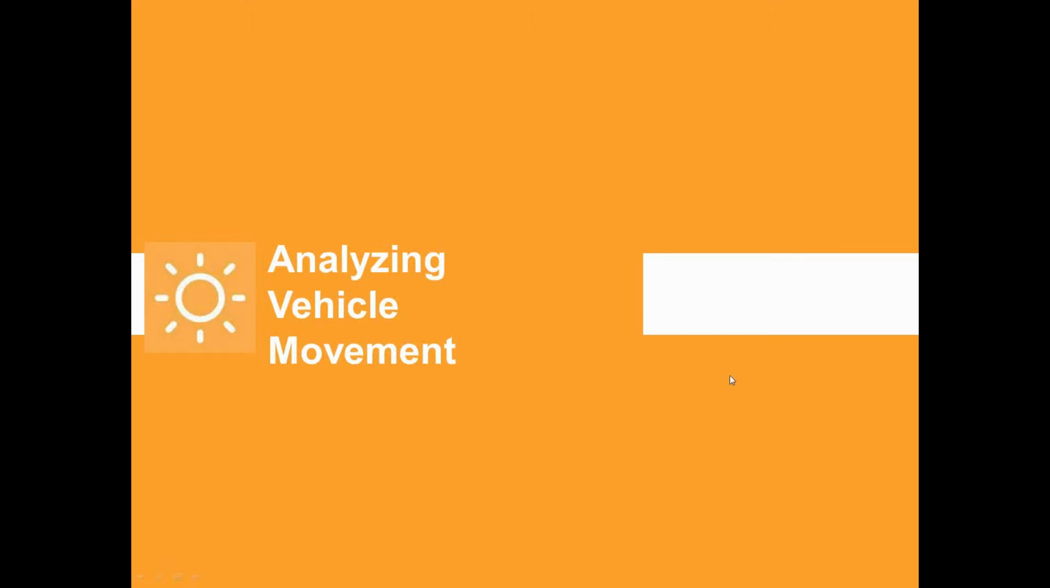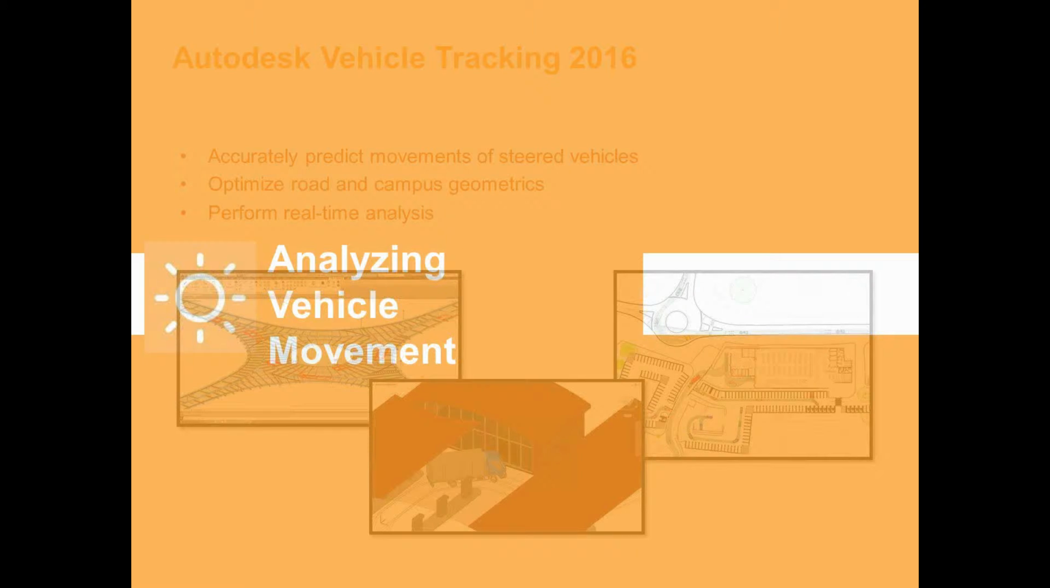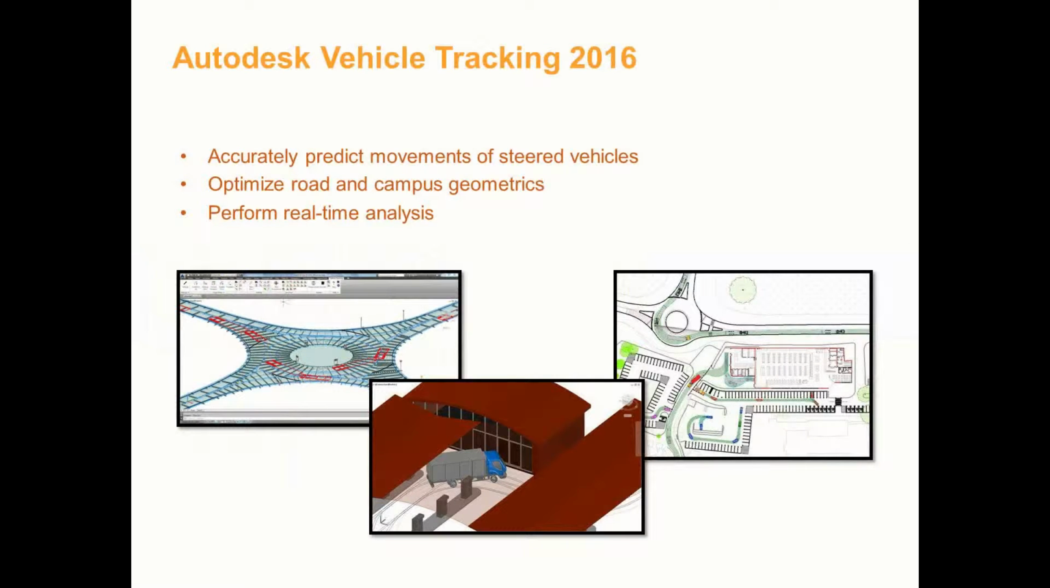So next I want to take a quick look at analyzing some of the movements, the ability to use vehicle tracking and access some of those features to make sure that the design we just scribbled in actually works in a real-world scenario. So vehicle tracking is an overlay tool that connects to several different products that you may have: